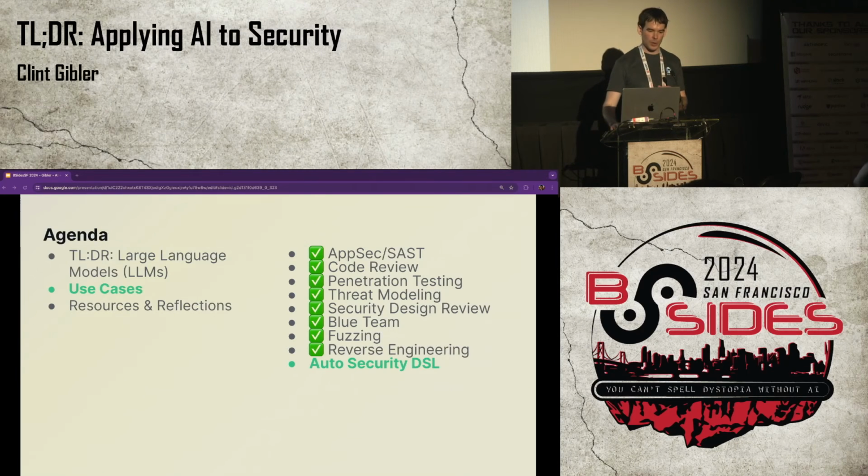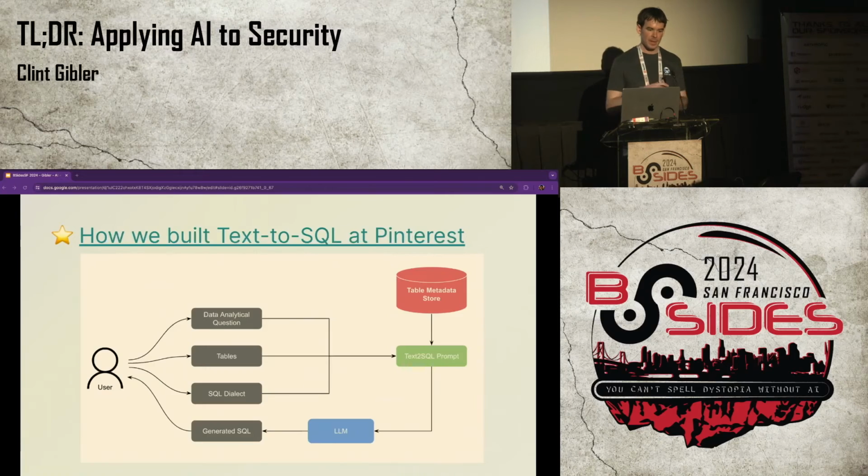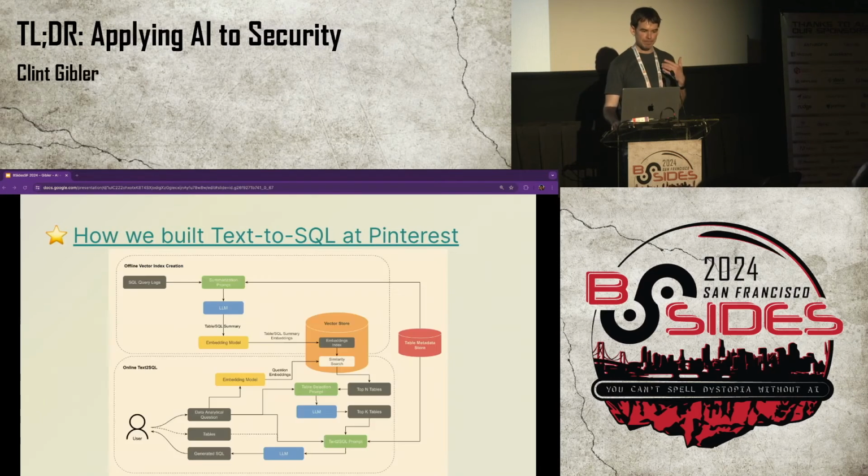Okay, so auto security domain specific language. Let's say you're not that great at writing SQL, like me. So for this tool, you could enter your database schema, ask some sort of question in English, and then it'll auto-generate some SQL for you. So that's pretty nice. The Pinterest team recently released a blog post in which they also built something like that. And they showed, here's our initial approach. They did some iterations. And then they came up with a slightly more complicated architecture. But what I like about it is they